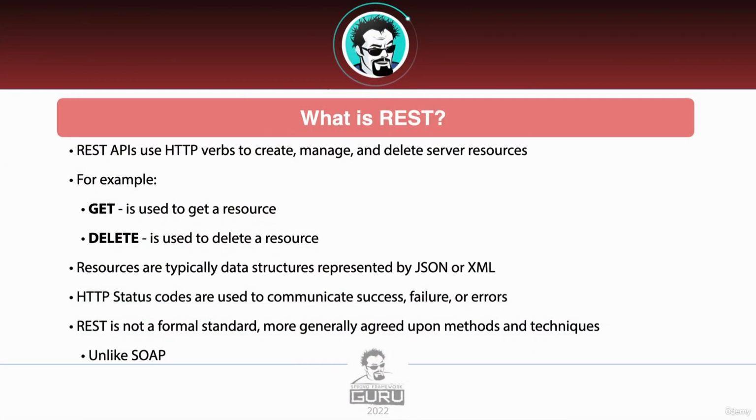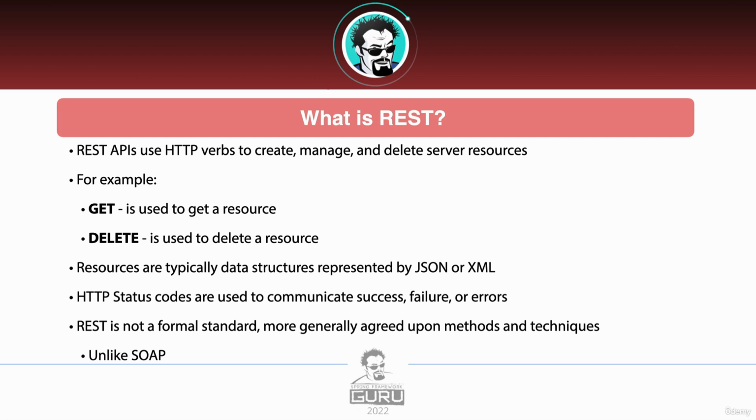Now, what is REST in a nutshell? REST APIs are going to be using HTTP verbs to create, manage, and delete server-side resources. For example, GET is used to get a resource. DELETE is typically used to delete a resource. Resources can be data structures that are represented by JSON and XML. This is the most common use case. Now, the HTTP verbs are going to be used in conjunction with HTTP status codes used to communicate success, failure,